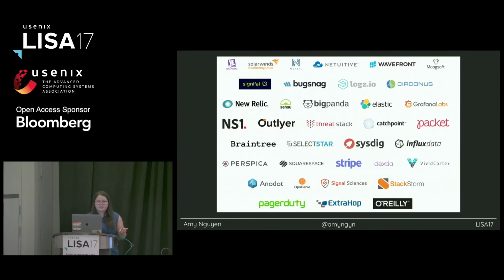And so what I really want to say about this is that there's a whole market for building monitoring tools or just tools for engineers that have great user experiences. This is a screenshot from Monitorama 2017's sponsor page, and you can see the top 3 or 4 rows are all vendors who are selling you a tool that has a great user experience. I realize that sometimes they are trying to sell you on scale and reliability, but a lot of it is also we're going to help you make something that's intuitive and easy to use for everyone at your company. And so there's clearly a demand for this if there are so many companies that are working on this problem.